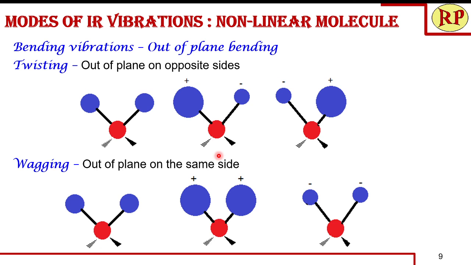So we have learnt about the stretching and bending vibrations for a linear molecule as well as a nonlinear molecule, and we have also learnt how to calculate the number of modes of vibrations for a polyatomic molecule. Any polyatomic molecule given to you, you can calculate the number of atoms and find out the number of modes of vibrations. This is all for the session.